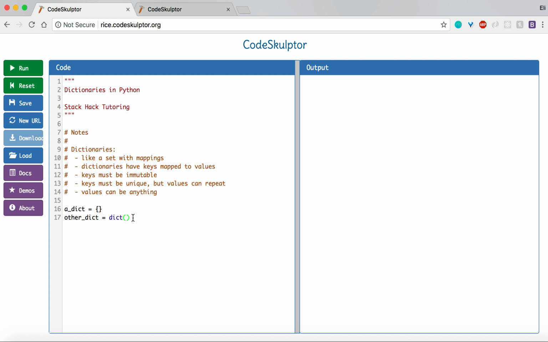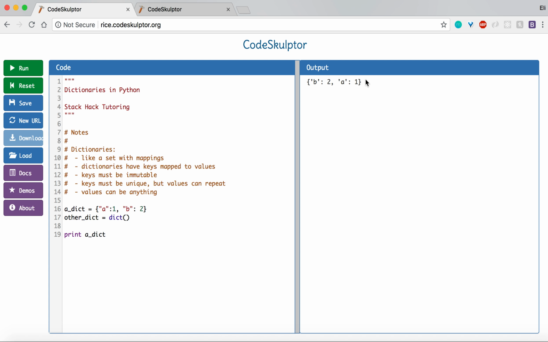Remember, dictionaries are composed of a set of key value pairs. So to add to a dictionary, we need some sort of key value pair. For example, I could have A be a key, and mapping is just demonstrated with a colon, so I'll map it to 1. 1 is the value in this case, and A is the key. Then I'll have another key value pair: let's have the key be B, and the value will be 2. Now this dictionary has 2 key value pairs, and if I print a dict,